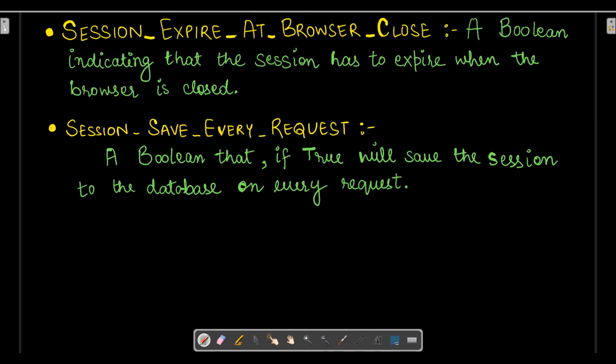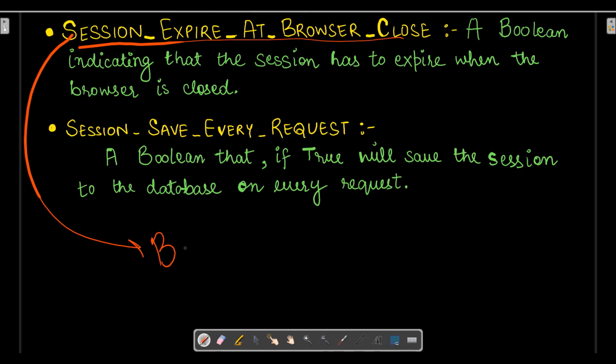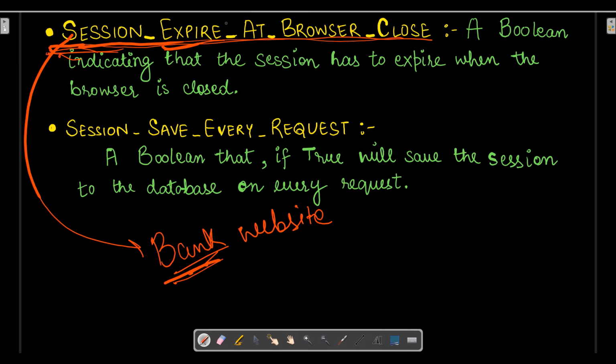Now the next one is session expire at browser close. This is very important when we are using a bank website. These kinds of websites also provide us the facility that whenever I close the browser, the session will expire and I need to give my credentials every time I open the browser again.